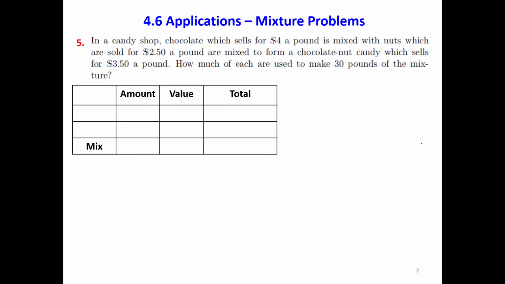And let's now do a similar problem. This is also a mixture problem, and it's a similar procedure, just in this case we have different things. This is in a candy shop. The chocolate sells for $4 a pound, and in this case we want to mix the chocolate with the nuts, and then the pound of nuts is